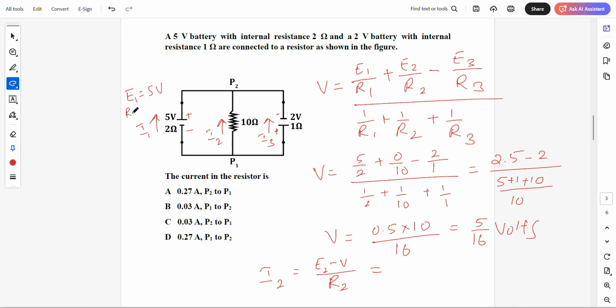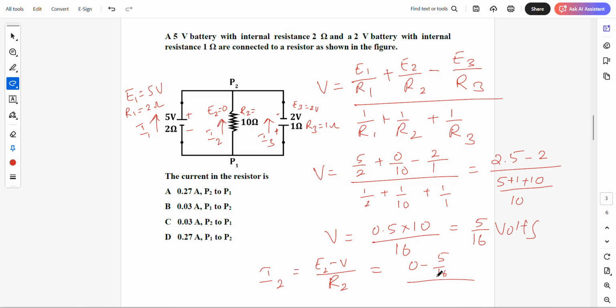R1 how much? R1 is 2 ohm. How much is E2? E2 here is 0. R2 how much is given? R2 is 10 ohm. E3 is equal to 2 volts, given. How much is R3? 1 ohm, right. But you have to take -5 because this polarity is getting reversed compared to this, because we are coming from bottom to top. E2 that is 0 minus of 5 by 16 divided by